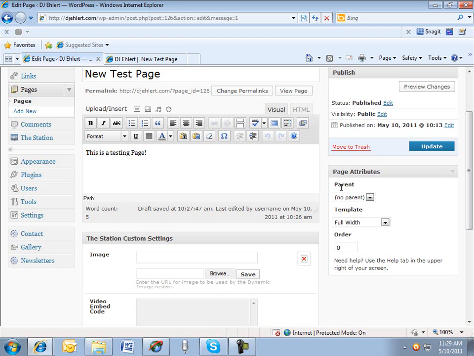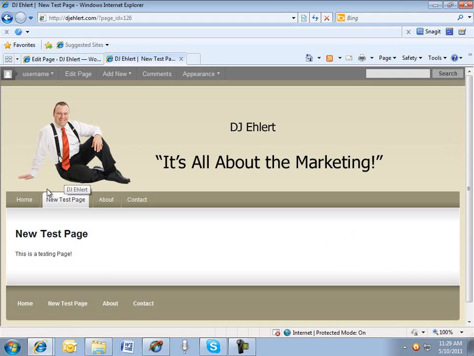And right now, under the page attributes, the first drop down box has in parentheses the words no parent. And what that means is that it doesn't have a parent page, and it's right here on the main navigation. And I'm going to go back to the editor,